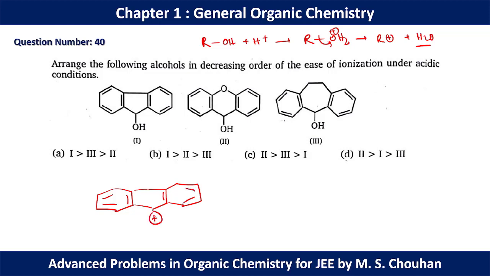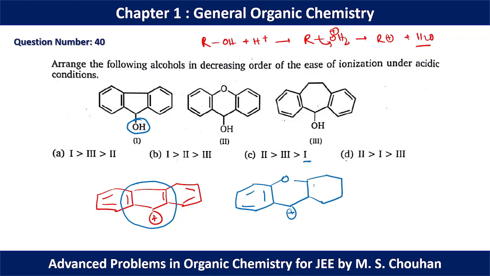In this case we have a carbocation which is anti-aromatic in nature. Okay, so formation of anti-aromatic carbocation is next to impossible, so that's why the ionization is most difficult in this case. So one should be in the last position. In the second molecule, if we go for the stability of carbocation, we can have a carbocation like this. And now if we compare, this ring is aromatic in nature. So dissociation of OH from the molecule 2 is most easy. That's why 2 becomes the easiest ionization process.